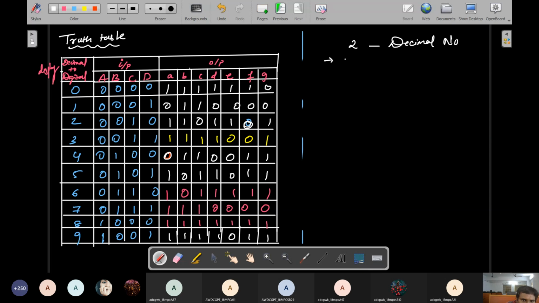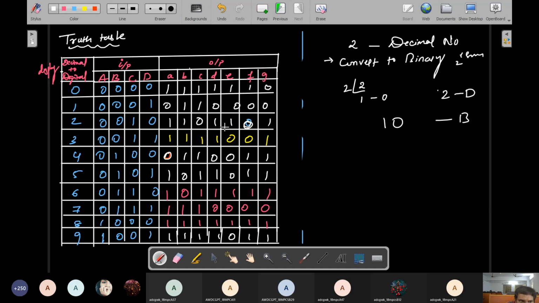You want to convert this decimal number into a binary number. Binary means 2 power something, so you simply divide by 2. 2 ones are 2, so the remainder is 0. Until then there is no multiplication process, so your value is only 1 0. So 2 is the decimal and 1 0 is its binary.